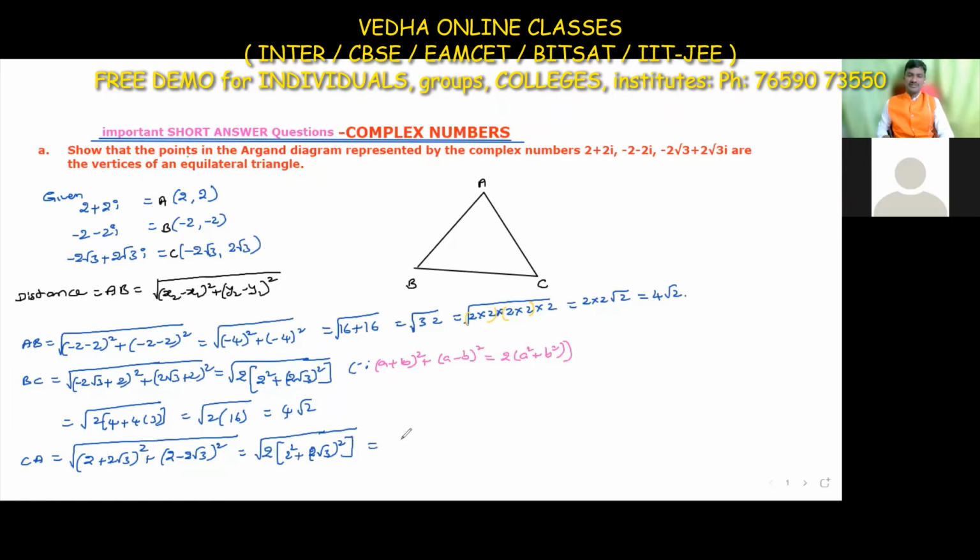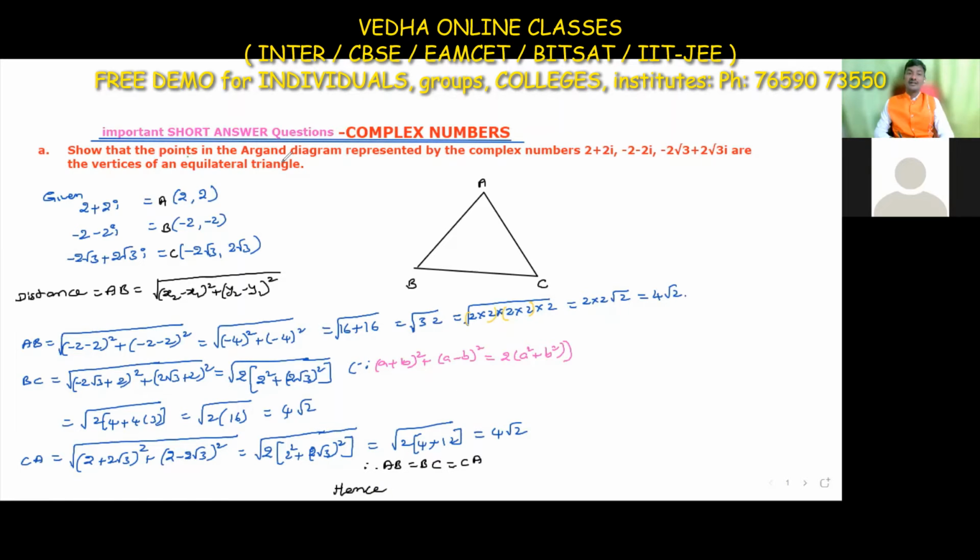Okay, so now this is equal to under root of 2 into 2 square, 4. Here the square is applicable for 2 and root 3: 2 square is 4 and root 3 whole square is 3, 4 threes are 12. So 12 plus 4 is 16, and 16 becomes 4 and root 2. Okay, so here are all the sides equal or not? Yes. Therefore AB is equal to BC is equal to CA. All sides are equal. Hence